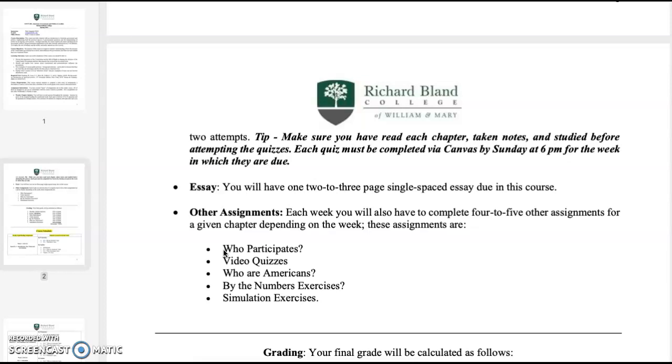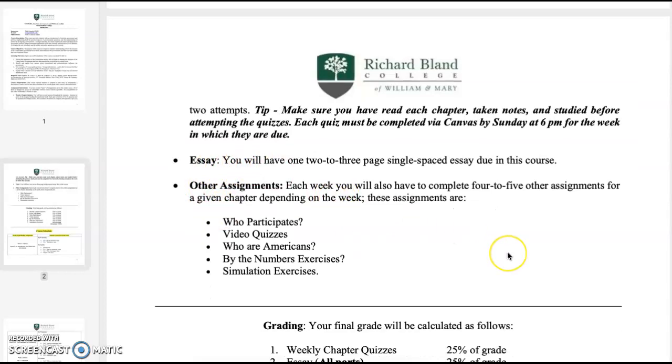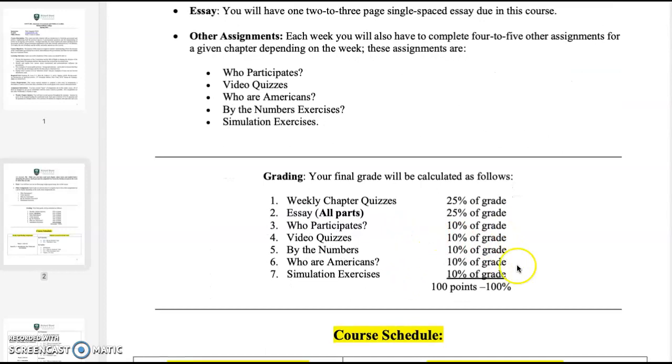And again, this will make more sense once you get into it. And then we have one final essay that's due that I help you build upon throughout the semester. We'll also go over that in a second. Okay, so what will you be graded on? The weekly chapter quizzes are 25% of your grade. The essay, all parts, is 25% of your